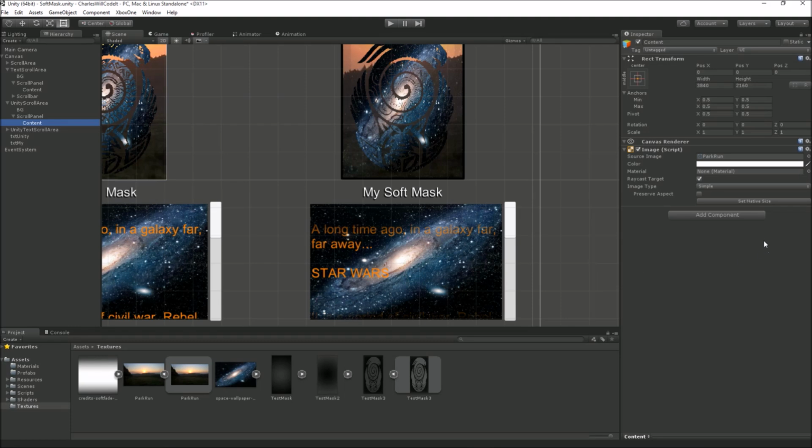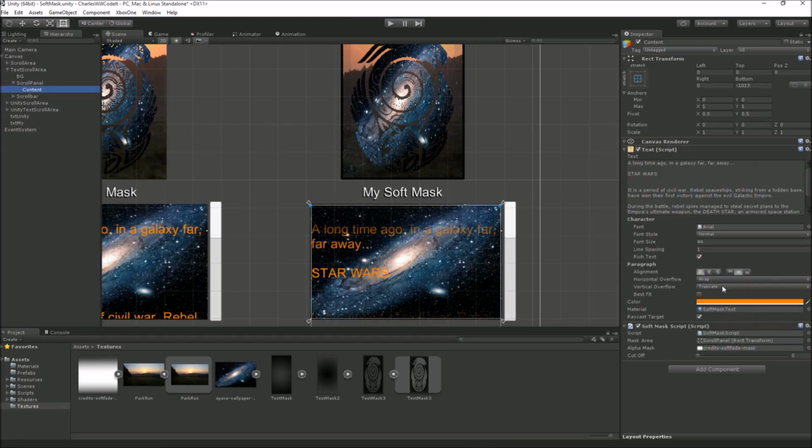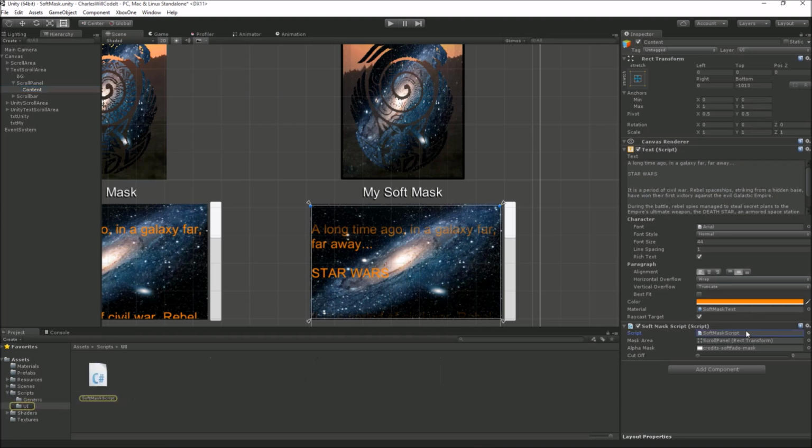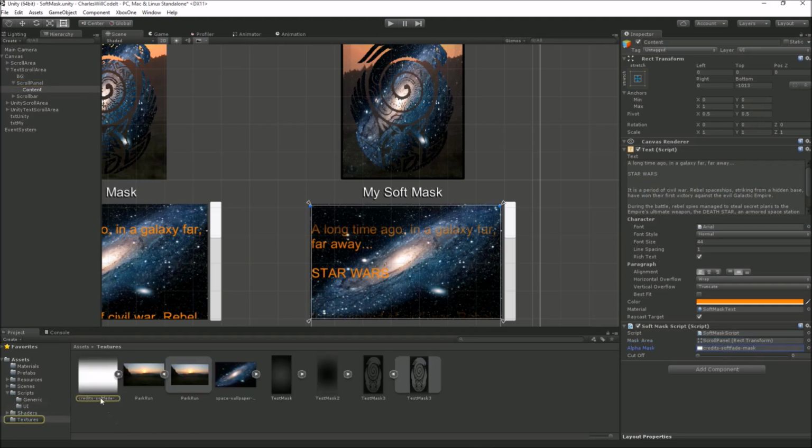And again, the content, that's for the Unity one. The content for the texture one, again, it's using my script. You'll notice mask area is obviously its container, and the alpha mask is off. I'm using this so it fades out at the top and fades in from the bottom when you're scrolling it, which looks quite cool. So if we have a look at that,